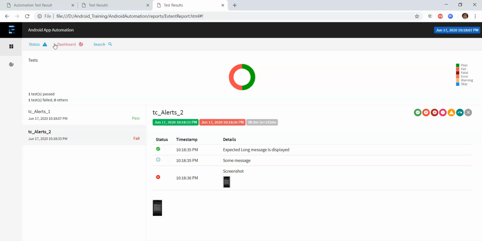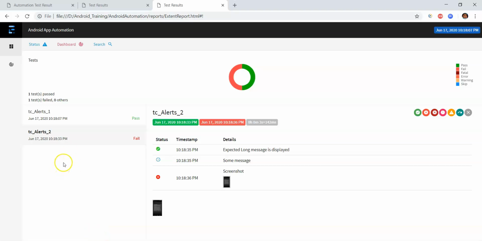Let's say your suite has 2 classes, and let's assume that each test class has 20 test cases. Now after executing the script, all the 40 test cases will be displayed here.